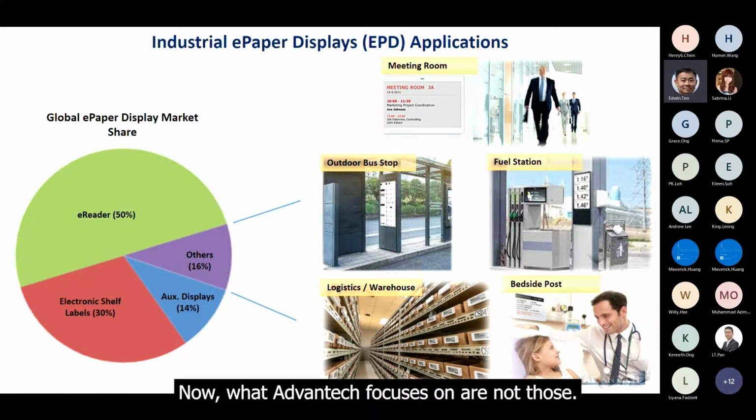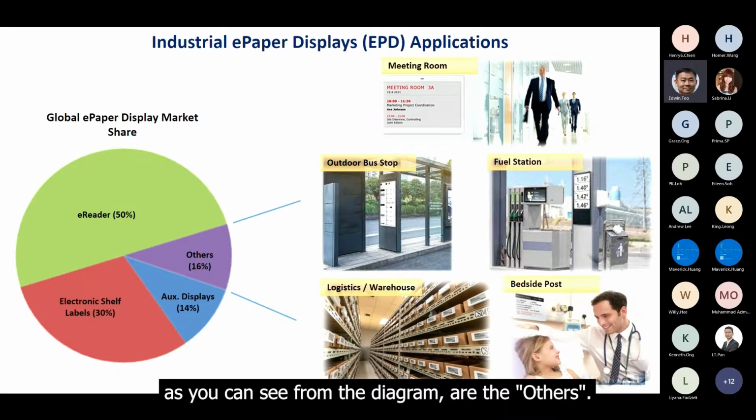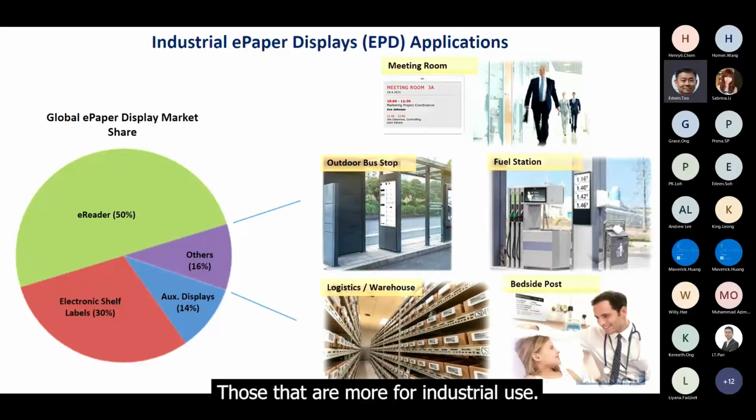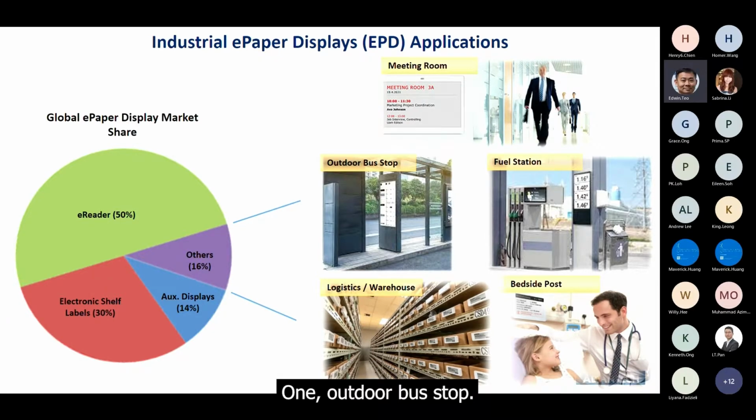Now, what Advantech focus on are not those. We are not focusing on the e-readers. We're not focusing on electronic shelf labels. What we are trying to focus on, as you can see from the diagram, are the others, those that are more for industrial use. For example, I give a simple example for some of the applications being used. One, outdoor bus stop. So we have solar-powered e-paper display to securely mount at the bus stop to show